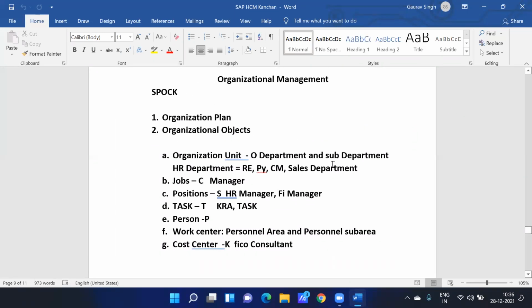So organizational management. What is organizational management, and why do we need it? If you know about workflow, what is workflow? Anything we do in a sequence. Let's say we are going to make food.